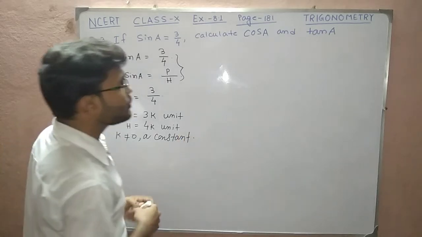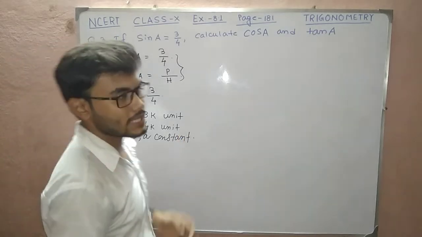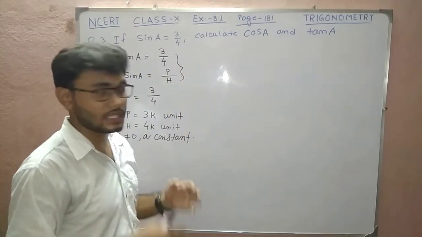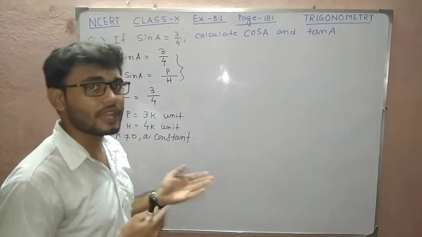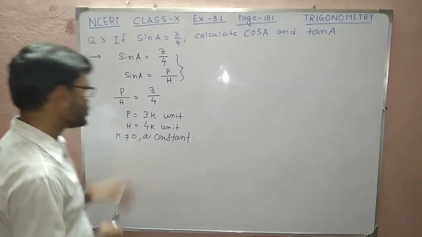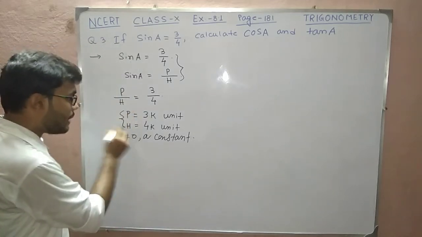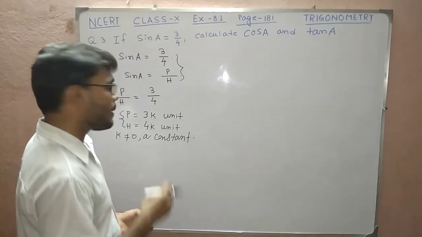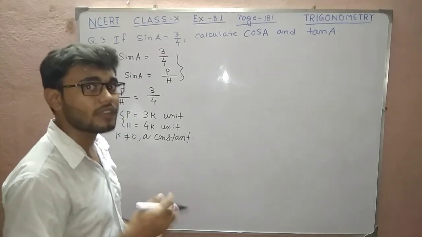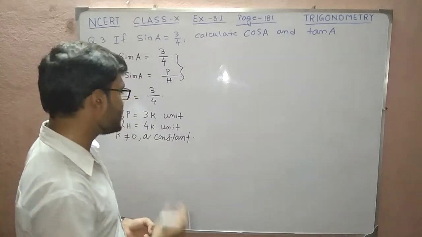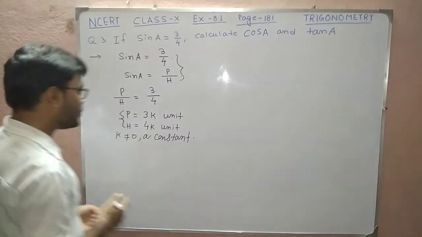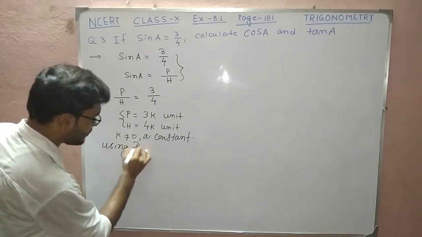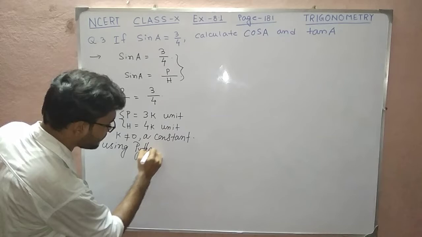Now you need to find the values of cos A and tan A, and you know both of these values are connected with the base of a right angle triangle. In this question you know the values of perpendicular and hypotenuse, but you do not know the value of base. So you have to find the value of base, and obviously you have to use the Pythagoras theorem. Therefore, using the Pythagoras theorem,